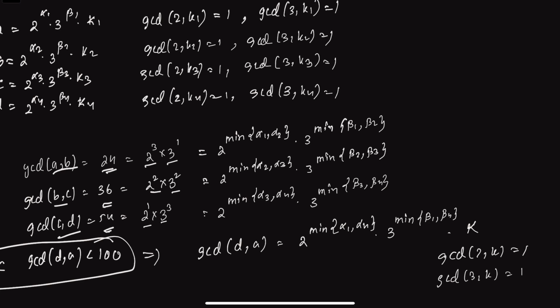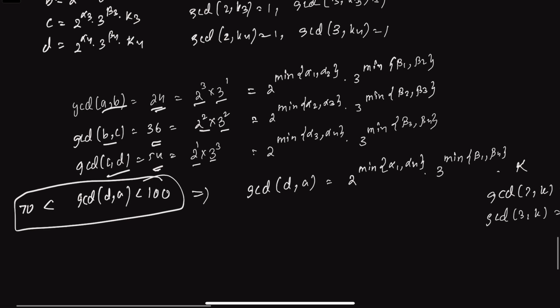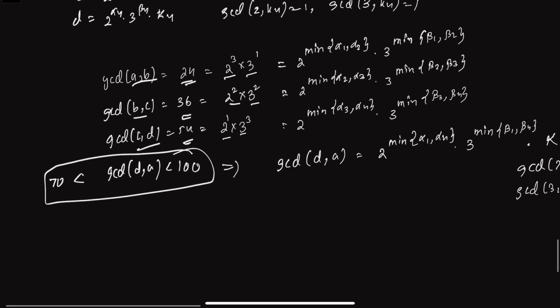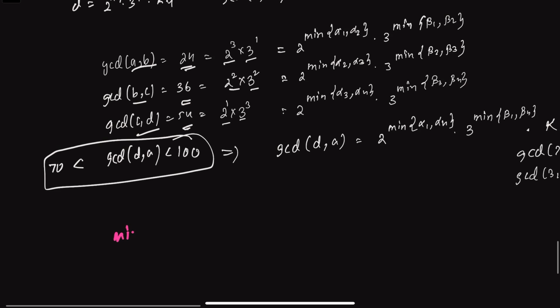So something other than 2s and 3s can be there as a common factor which we don't know. So that's why I'm considering it as k. So with this information, we are having minimum of alpha 1 comma alpha 2. So if I consider the exponents,